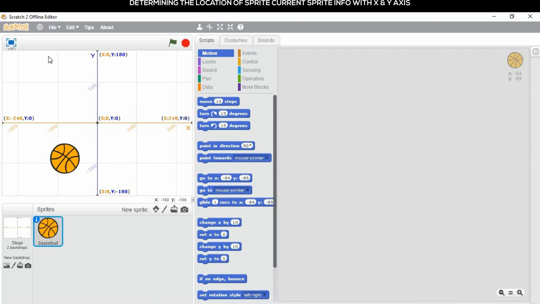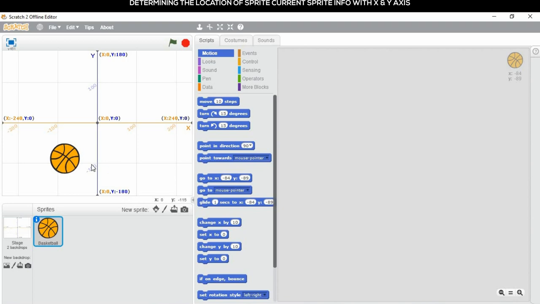Next we are going to see the explanation of the stage. This area is called the stage, that we have already seen in the last session. The horizontal line is called the x-axis and the vertical line is called the y-axis.